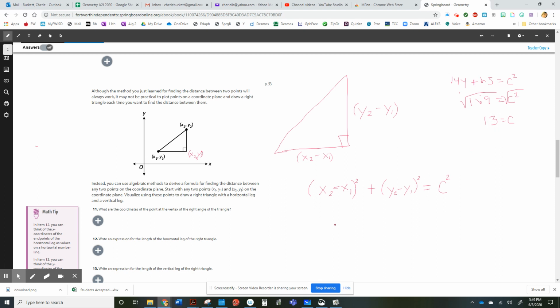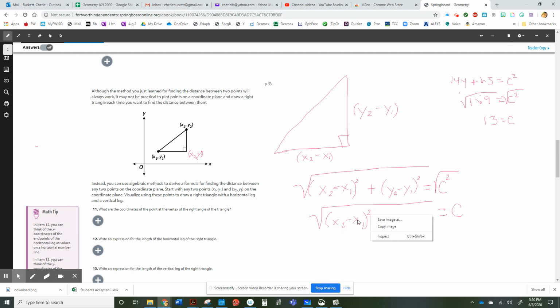So right here, the next step we're going to have to do is take the square root of whatever this value is in order to get that C by itself. We have to take the square root of both sides. It's ugly because it's a bunch of numbers and letters, and it's a little bit intimidating, but really,